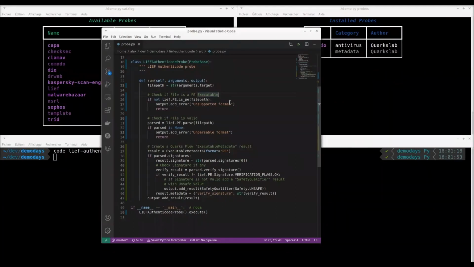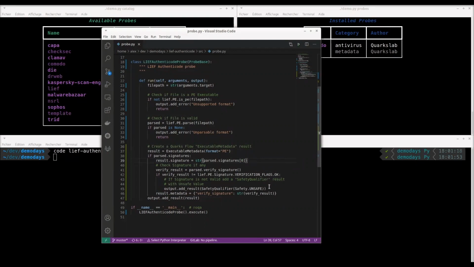And in this small script, I will check this signature. Basically, here we are at the part where I had an executable metadata result. If there is some signature, I add the signature to the results. I verify the signature.